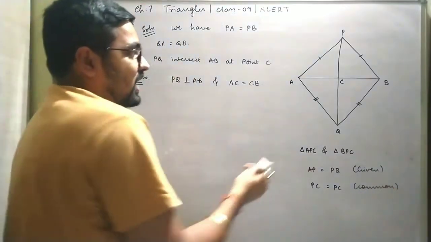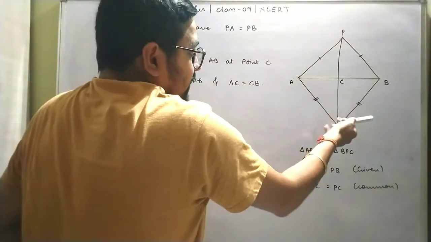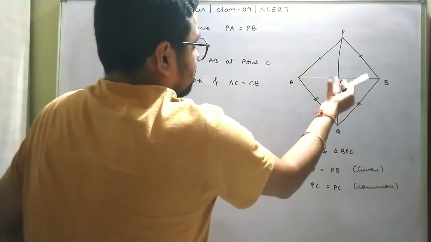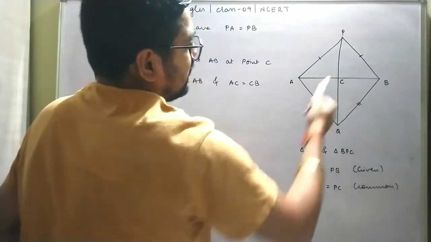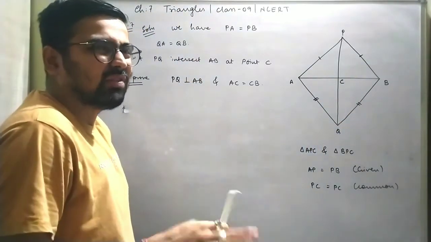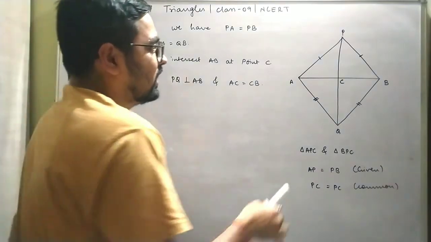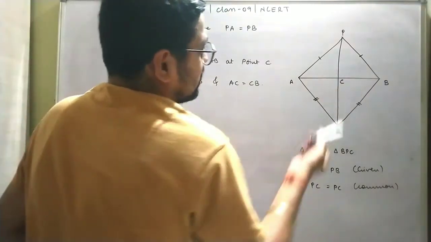Where will we bring the third criteria from? We don't know these two sides. We want to get them. We want to get this two angle 90. That is also we don't know. We don't know about this two angle. Can we know about this two angle? Definitely we can. We know one formula. We can. Correct. So we can get this two angle also equal.